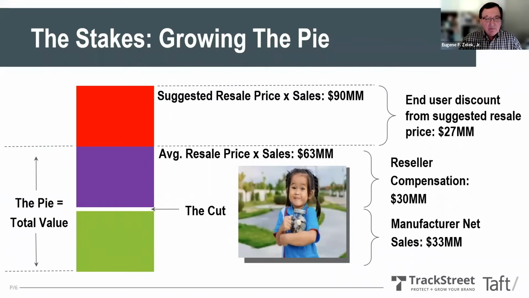If the manufacturer can get that resale price pushed up, it increases the size of the pie, and there's simply more money to divide. As an example, one of our clients that was experiencing price erosion put in a price policy that was very effective, and it wound up increasing the prices on its products to its resellers in such a way that it fell right to the manufacturer's bottom line. A very, very successful thing to do. So it not only increased the size of the pie, but it also adjusted the cut. We can spend more time on this later, but right now we need to move on.